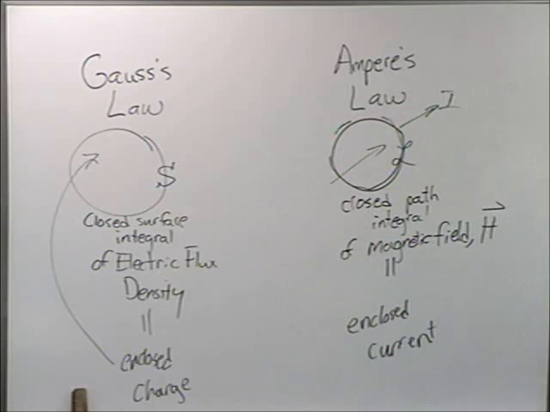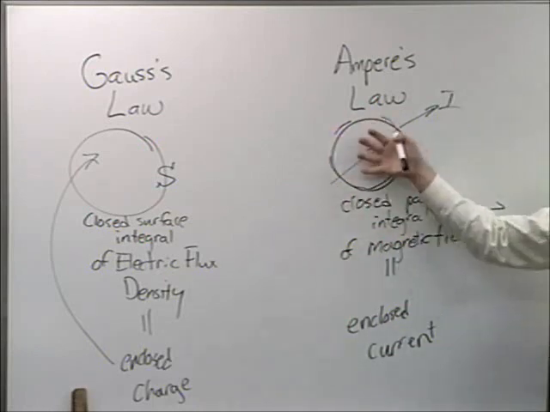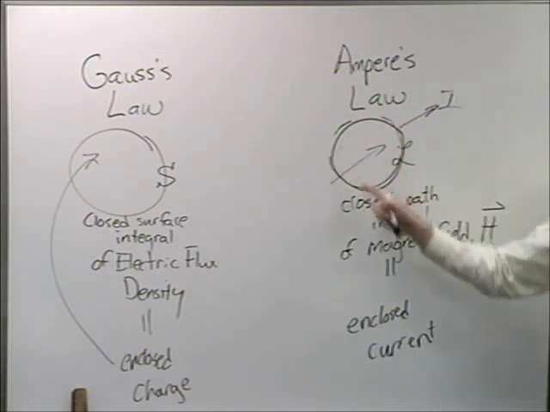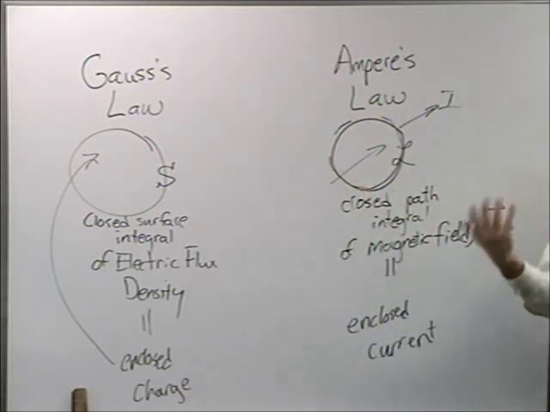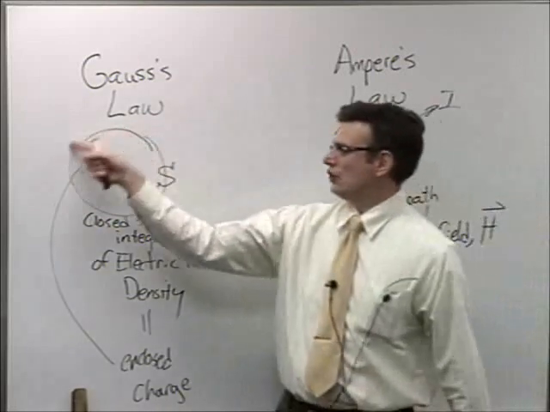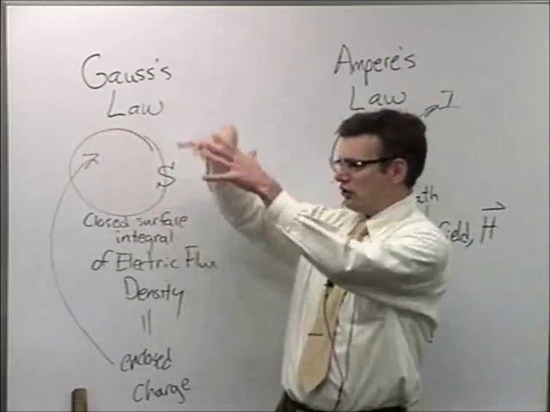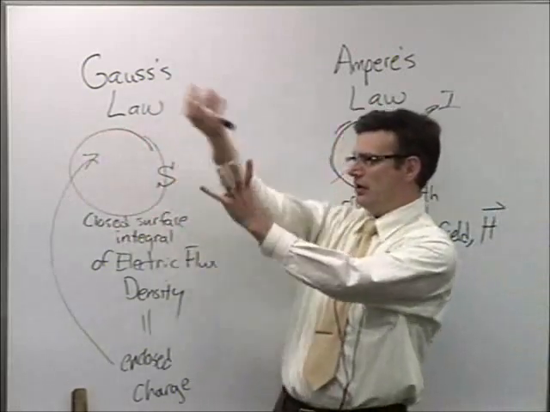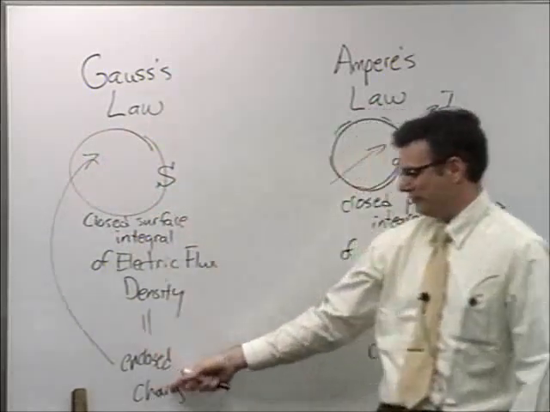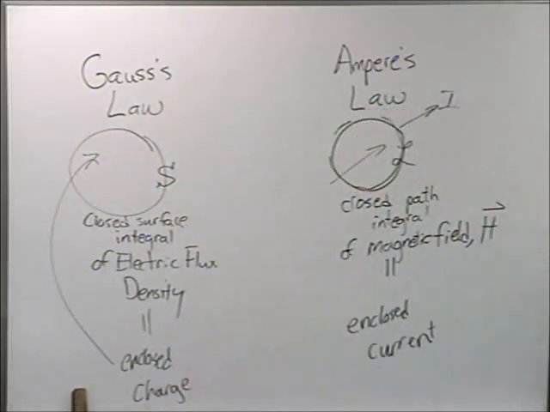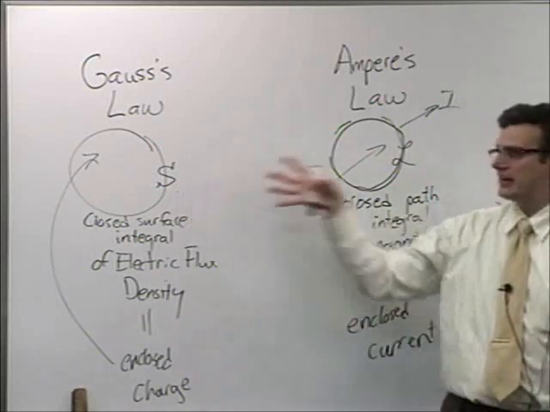So again, it's what's inside that counts. But in this case, we've got a line around a surface over which I'm counting all of the current density to give me a net current. Here I've got a surface area encapsulating a volume through which I'm integrating and counting up all of my charge. But they're quite similar to one another. There's sort of an analogy to their